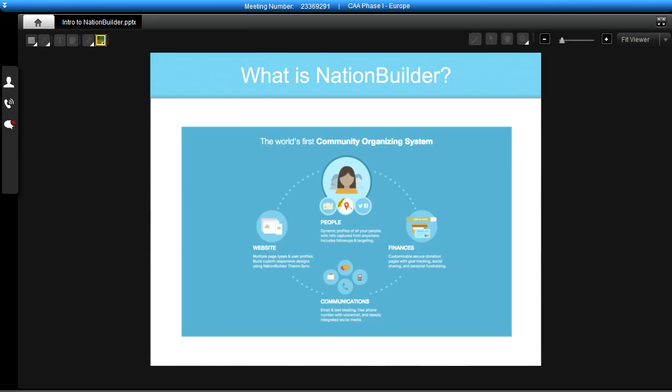And we end up with a system that has four main pillars of functionality that all tie directly back to the people in our individual network. What you're going to see with NationBuilder, and here today we'll focus a lot on just this first component, is a website where people can come to interact with your club. But the key thing is that whether you're building your website for your club or setting up the communications for email, text messaging, if you're in the United States or Canada, so that may not apply to many of you,